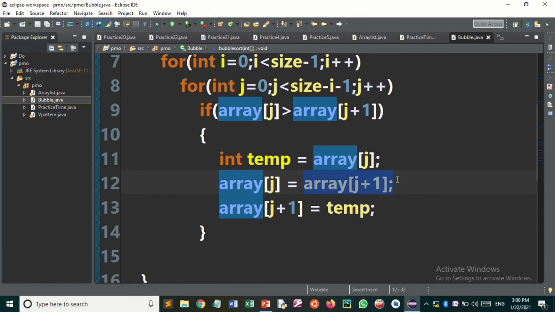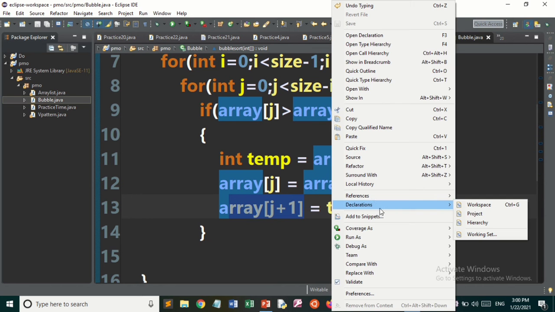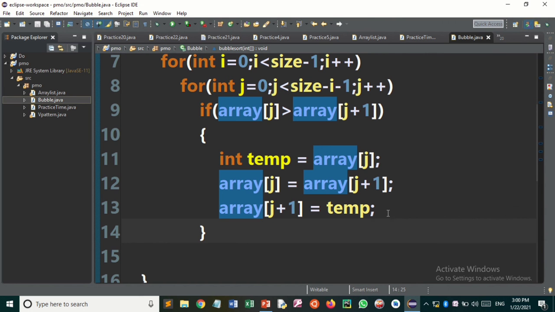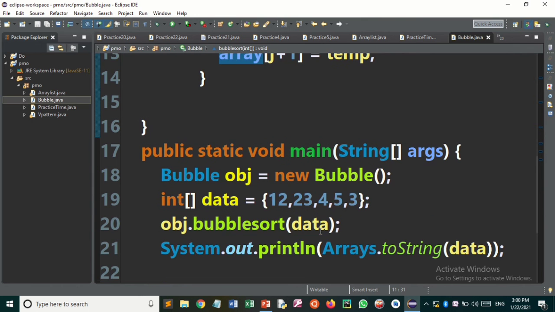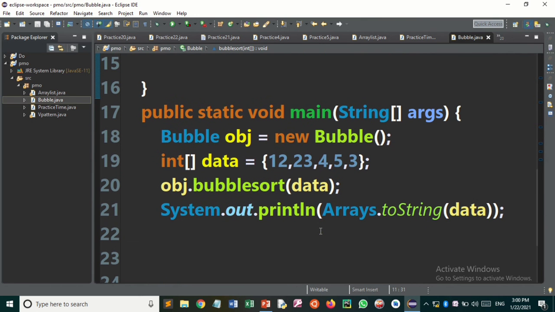Now the second element is empty, so in this second element we'll store the temp variable, which holds the original first element of this array. Like this we'll do swapping.